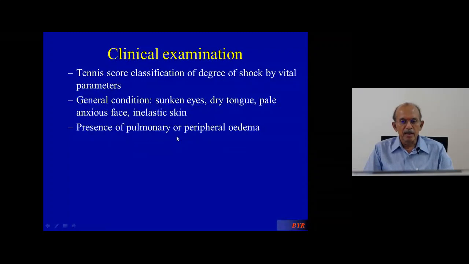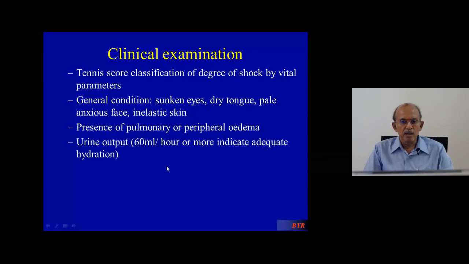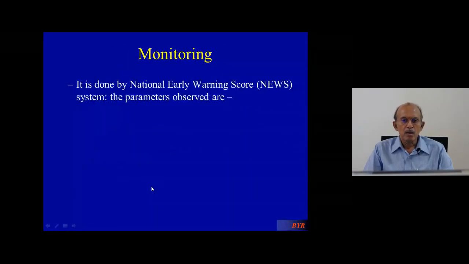Presence of pulmonary or peripheral edema. Urine output, because in oliguria there will be decreased urine output. Normal expectation is 60 ml per hour. So that is how you come to a conclusion whether the patient has the present deficit, and how much he